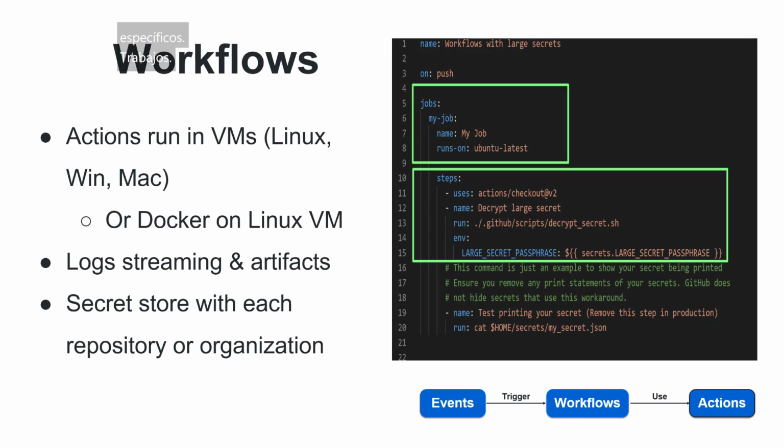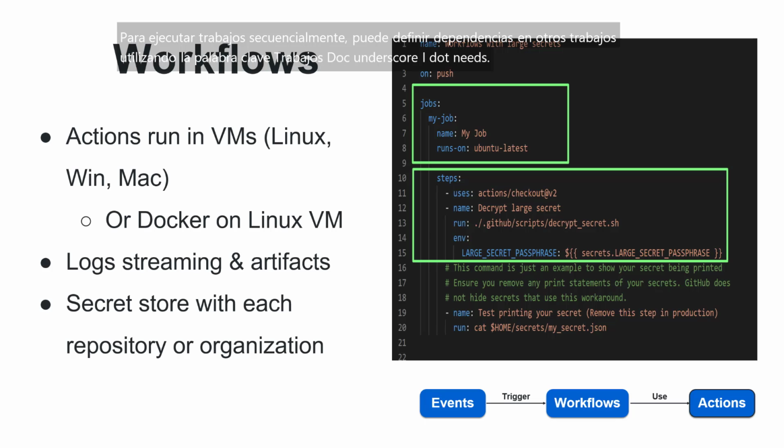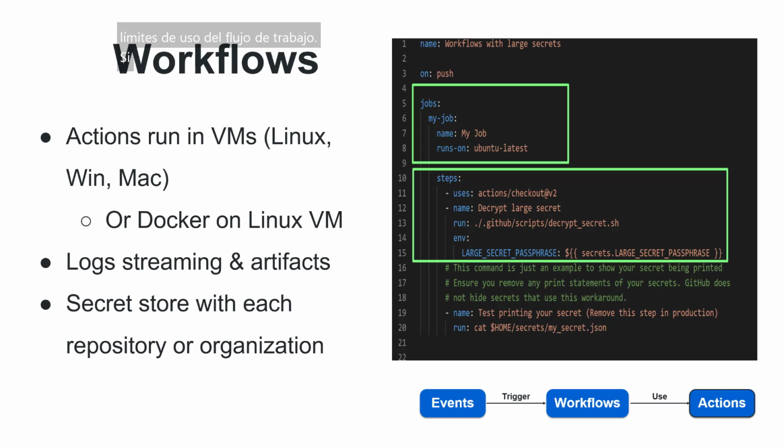Jobs. A workflow run is made up of one or more jobs. Jobs run in parallel by default. To run jobs sequentially, you can define dependencies on other jobs using the jobs.job_id.needs keyword. Each job runs in a runner environment specified by runs-on. You can run an unlimited number of jobs as long as you are within the workflow usage limits. If you need to find the unique identifier of a job running in a workflow run, you can use the